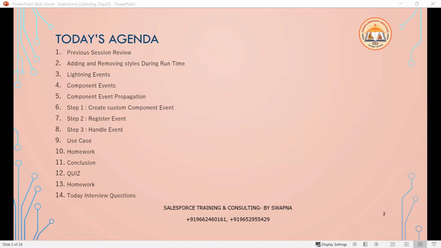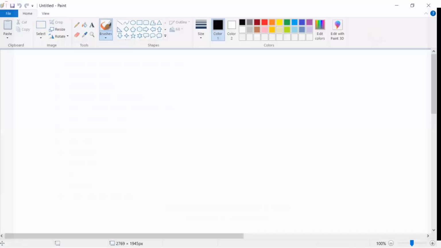Now quickly, what did we learn in the last class? Dynamic component and dynamic multiple components. Nested Lightning components. And one more is destroy component. Yeah, so that's the last one. So today, let's see how I can add